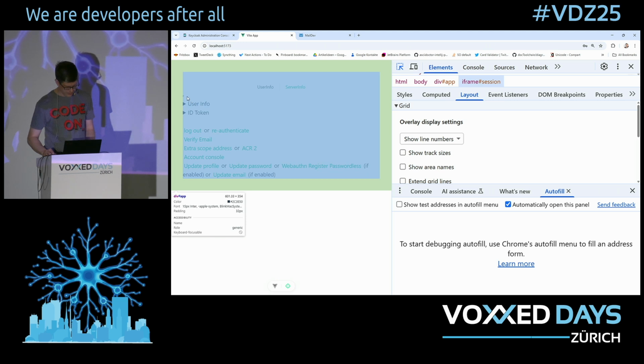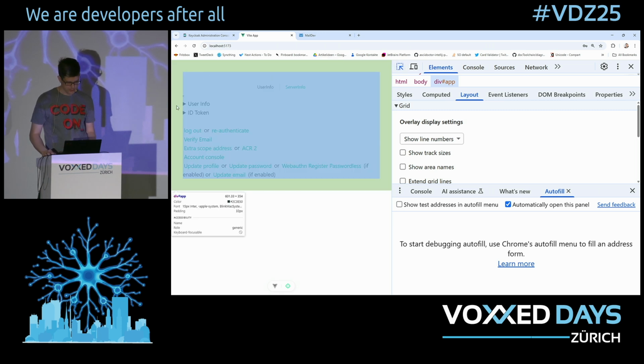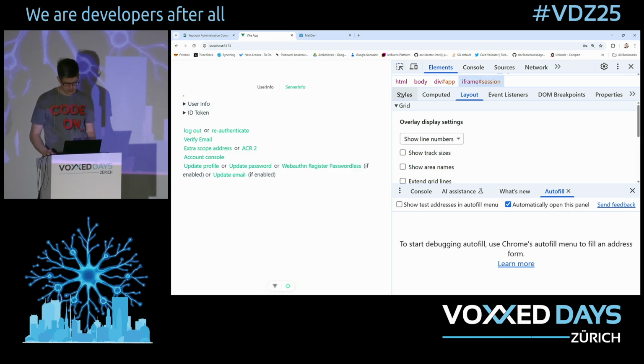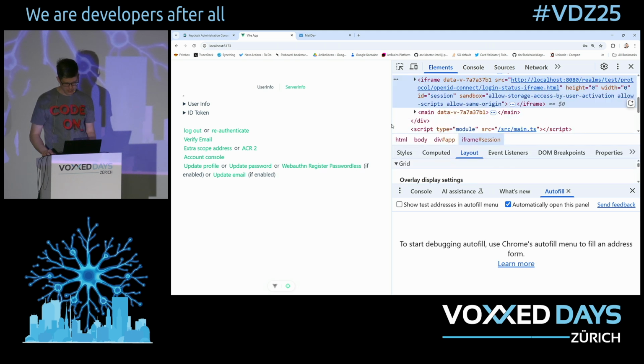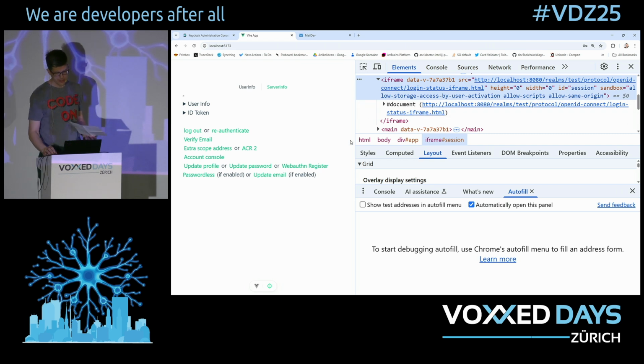So iframes are, I think, from the Stone Age of web browsers. But they're very handy, and actually it's part of the OpenID Connect standard how to figure out if a user is still logged in. So with browsers getting more secure, and cookies working only within the same realm and whatnot, eventually maybe this will only work if you have Keycloak running on the same domain as your application. But hey, it's a standard. A lot of people are running Keycloak, and really, what you can achieve by this,